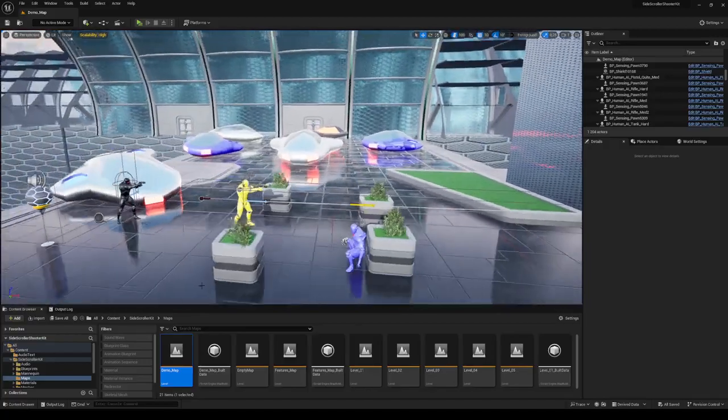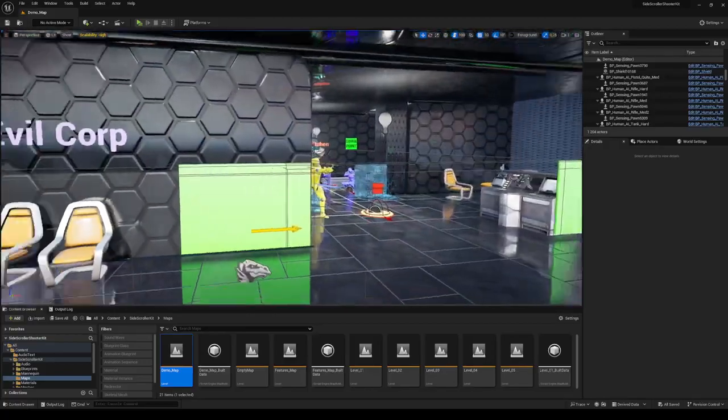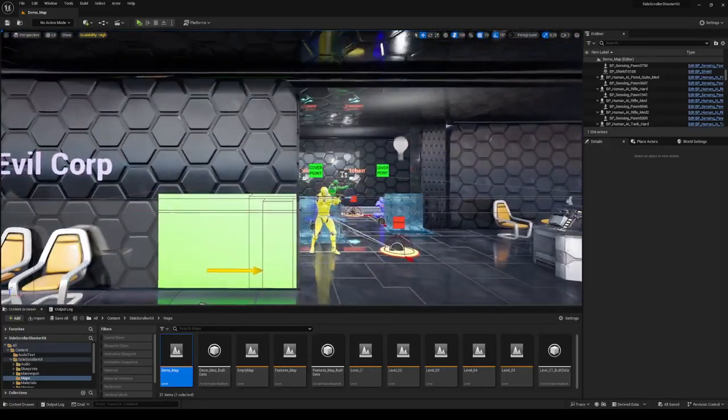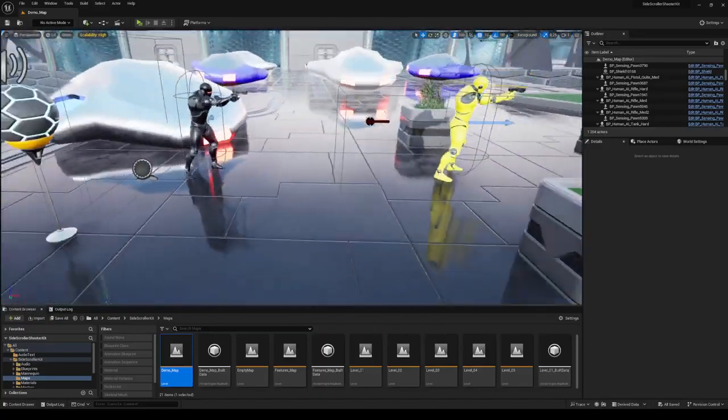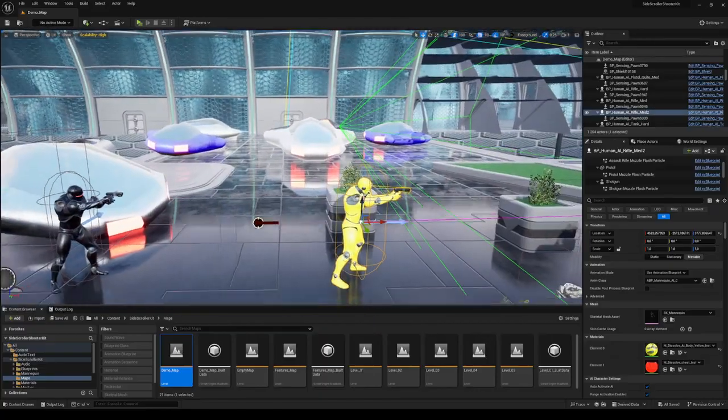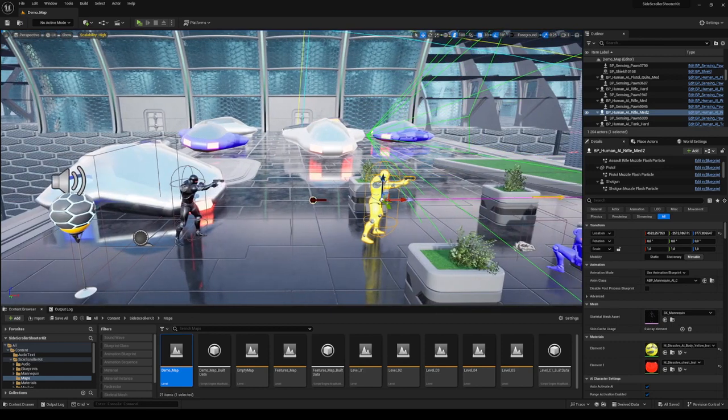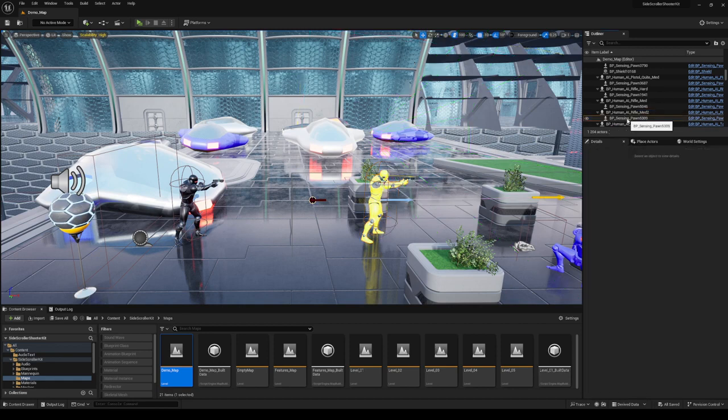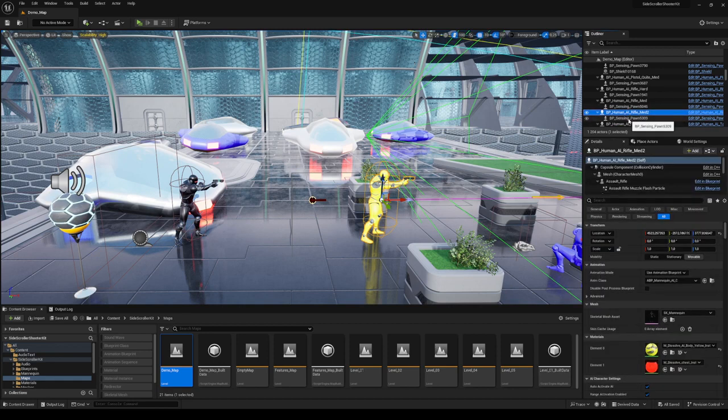I opened up the demo map of the side-scroller kit, and I've just grabbed one of these guys from over here that are like the evil guys, I guess. And I'm just going to make them work with the component. So first of all, this guy is going to be aggressive towards the player. So I'm going to go into the pawn sensing,